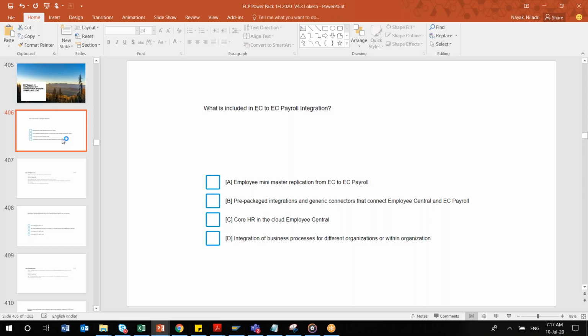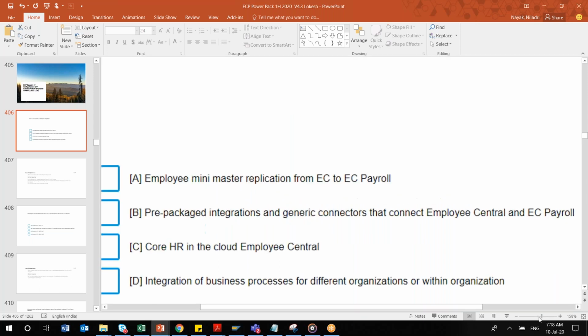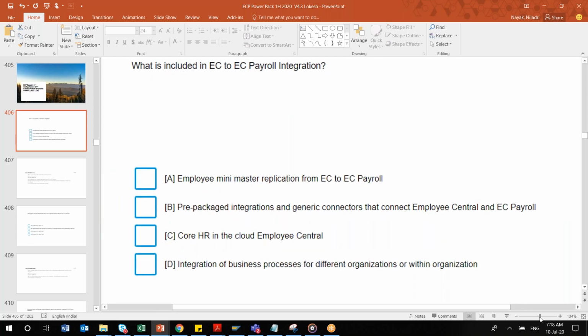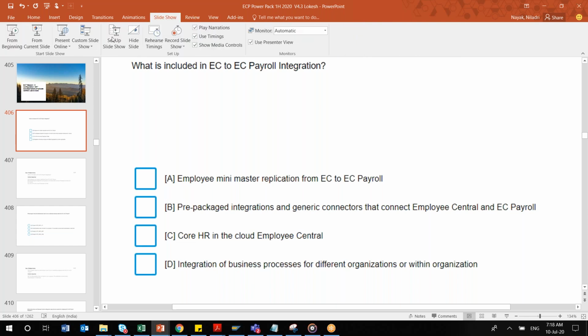There are four options you can see on your screen. Can you maximize your screen? I don't see the whole PPT; it's coming in a very small window. Okay, it is better. Remember, last time it was on the whole screen, but now it's just half screen.